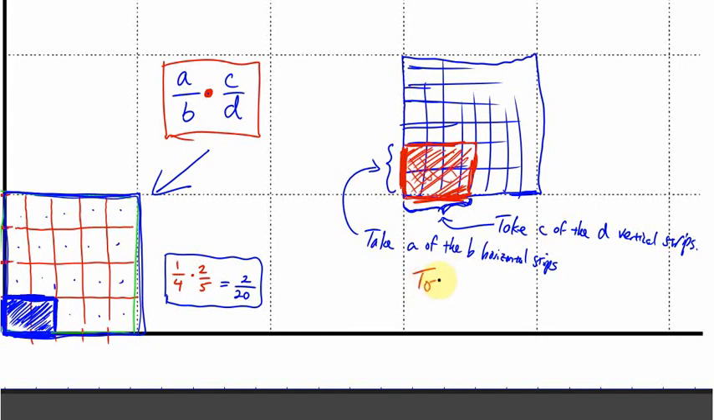Because what you have in the diagram is a total of B times D slices of pizza. They're just square or maybe rectangular slices of pizza. And then the number shaded, or the number eaten, is